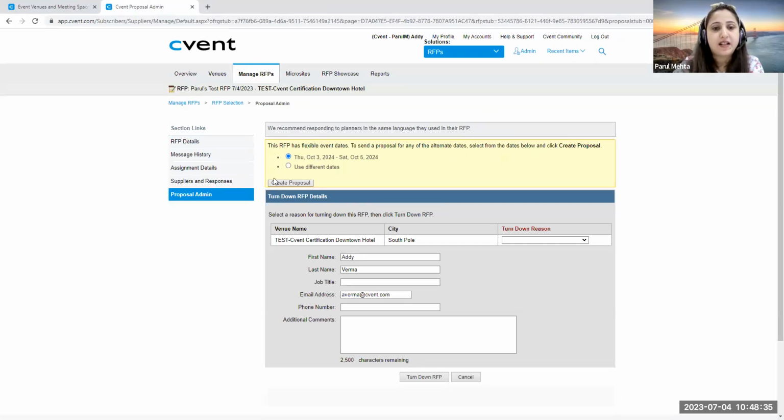Now, do you see this alert at the top, the one in yellow? It's actually highlighting to me that this RFP has flexible event dates. And this is actually a best practice that we recommend to people, that if the planner has indicated,